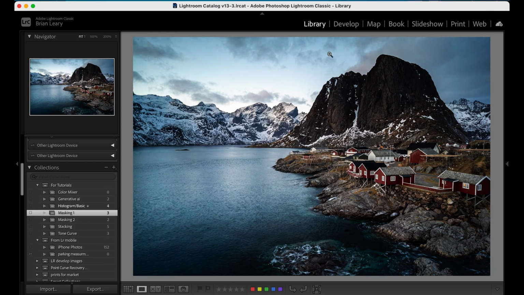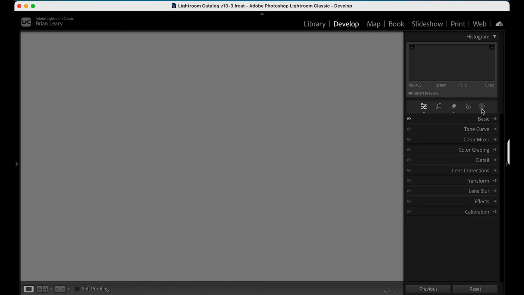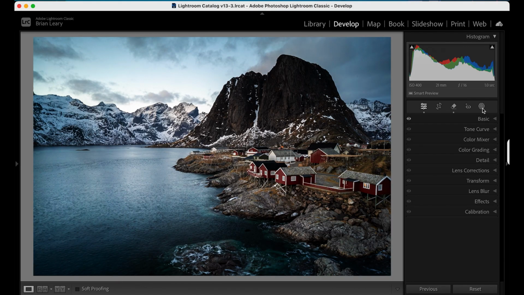As for now, though, let's go through and I'm going to show you how to take this to the next step. I want to bring down a little more of the sky. I maybe want to balance one side of the image a bit more to the other. And I might even want to draw your eye a little bit more to these houses over here. So let's go in and we're going to play with our masks and see exactly what we can do for this. So by opening up our mask,